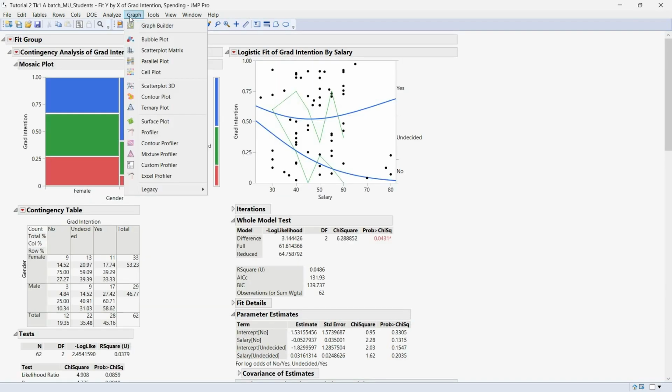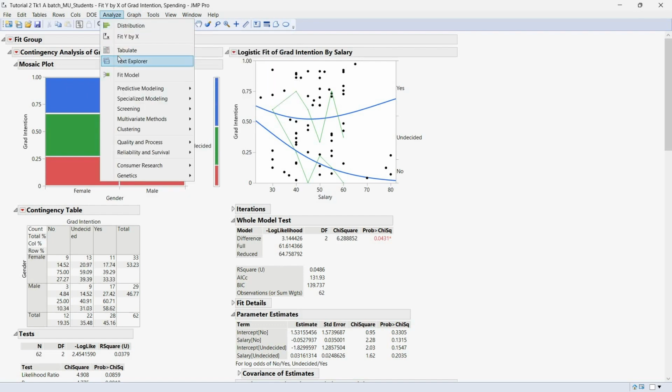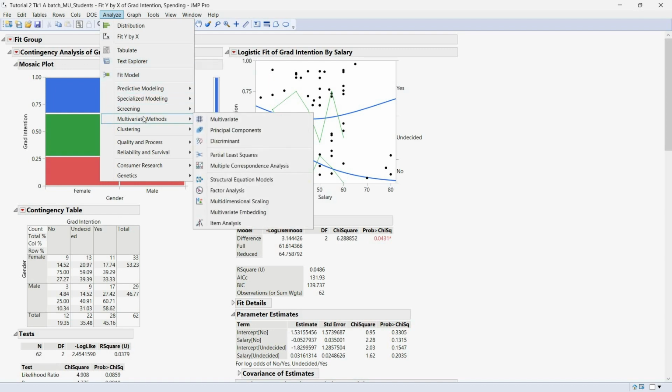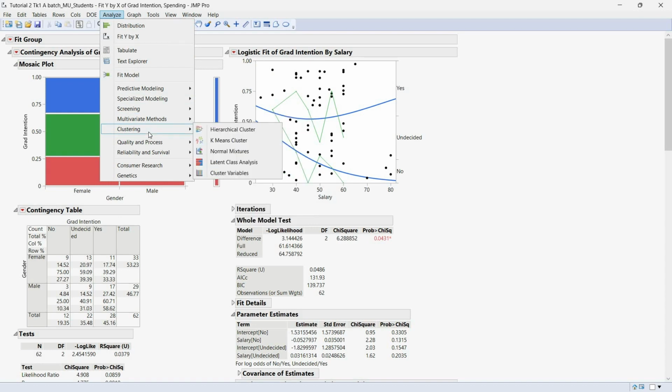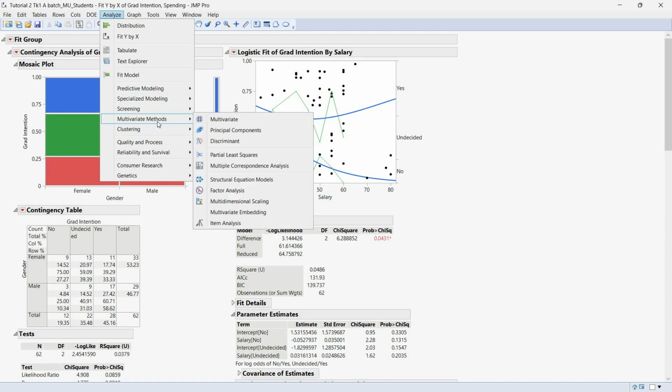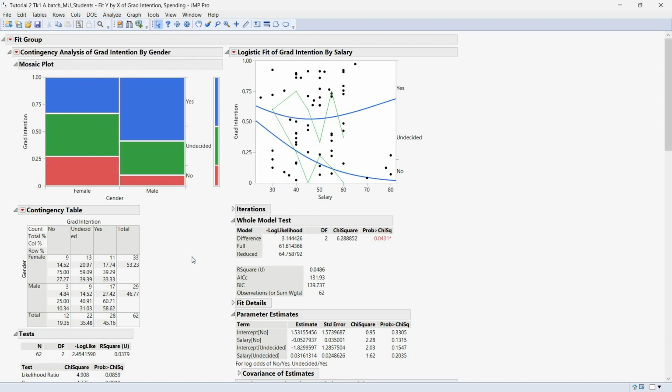There are more graphs available in JMP than the histogram and pie chart. There are 3D plots and bubble plots available. We can also analyze multiple variables using fit model. We are also able to find cluster values and multivariate values, so that the JMP tool gives us visualization as well as the correct value of all the estimations that we need to conclude anything